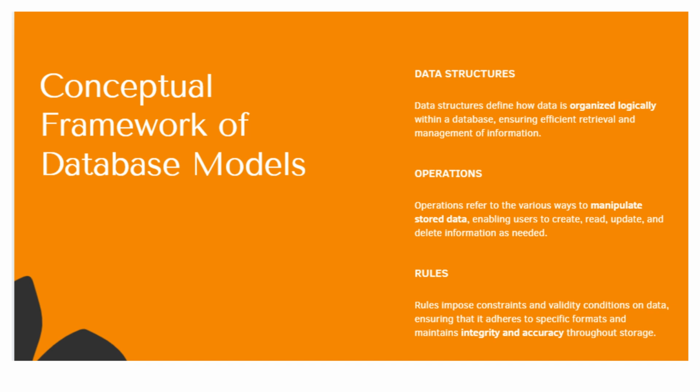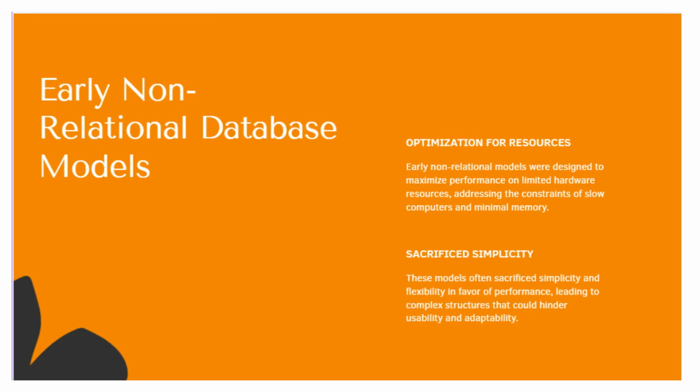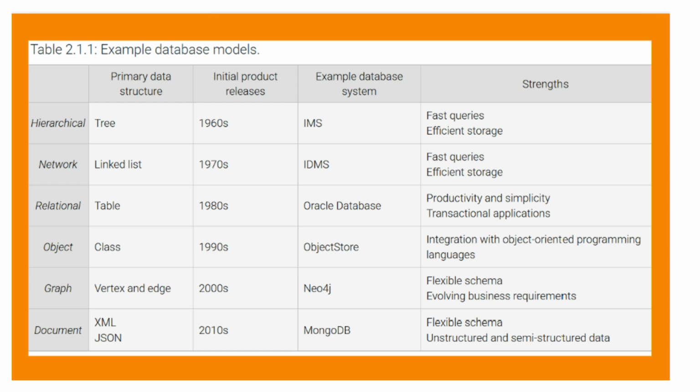Some database models are officially described in books and standards. Others come from popular database systems that people use in practice. One of the most important models is the relational model. It was introduced in 1970 by E.F. Codd at IBM. By the 1980s, it was used in commercial products. The relational model organizes data in tables, and its rules and operations are standardized in SQL, which is the common